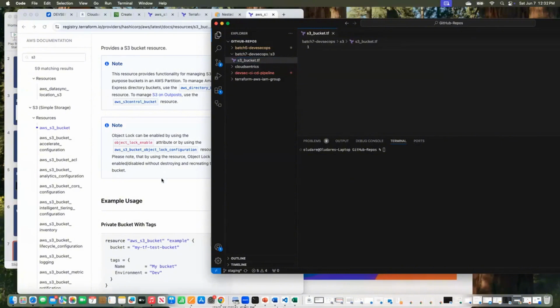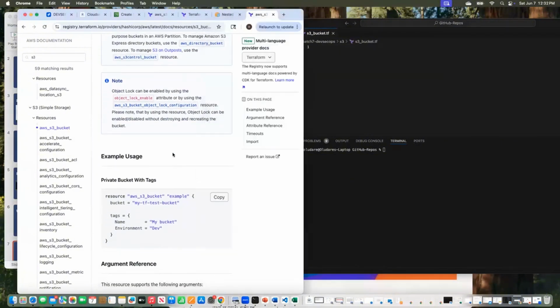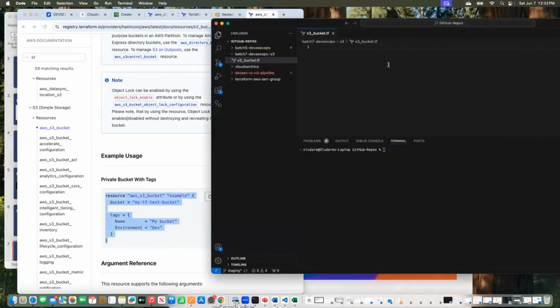Okay, so then let's come here. We want to create an S3 bucket, right? That's fine. They have a sample. This is just sample code. So you copy the sample code and you bring it here. So you change this